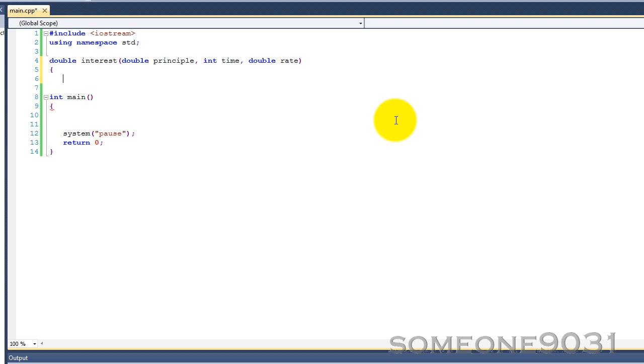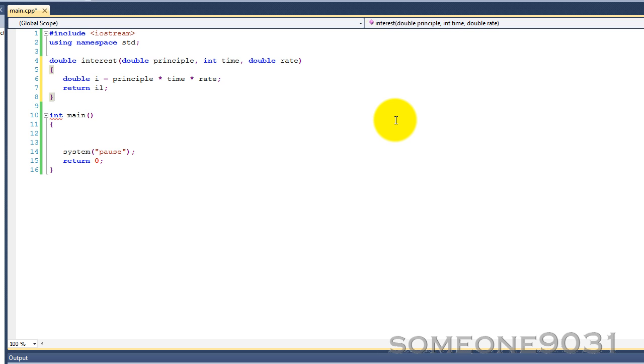So if you don't know, the way to calculate interest is to take the principal, which is the amount of money that you start out with, and then times it by the rate, and then times that by the amount of time that you're calculating the interest for. So what we're going to want to do is double I equals principal times time times rate, and then return I. So we have our interest function,